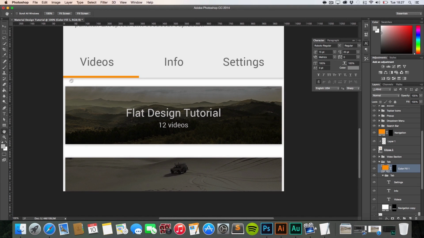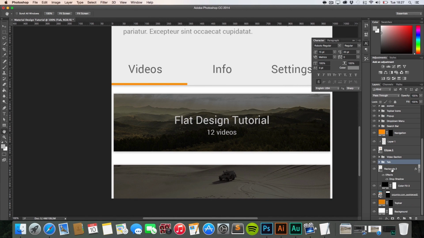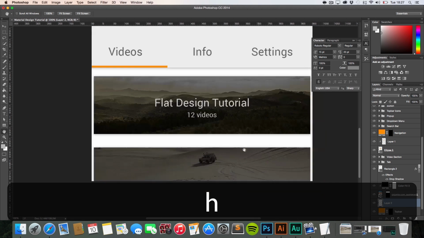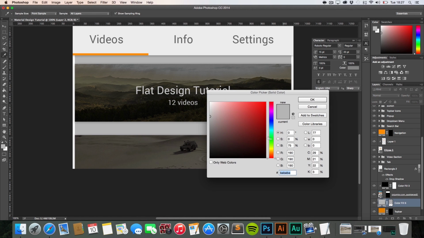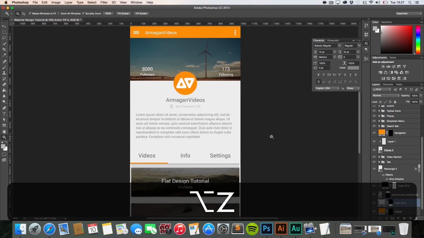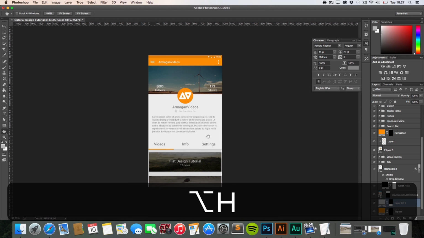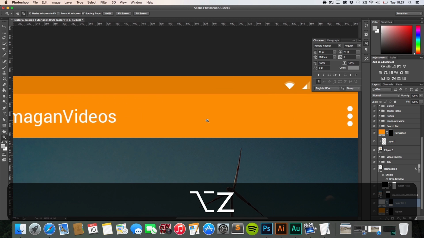And I want to add a slight background underneath those images right here. So where do I have to start? I guess here. Create a new layer. Drag down something from right around here until this image. Solid color. Okay, that worked. And now let's give it a slight color right there. And there we go. Our material design attempt, not the best one, because there, of course, you have to spend